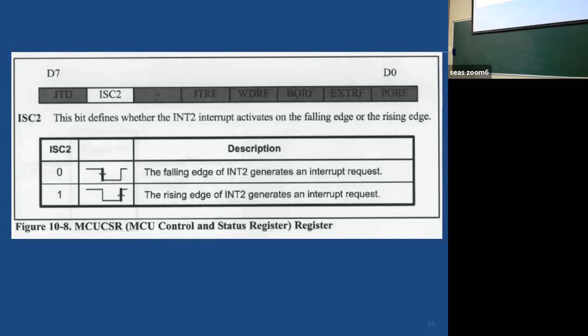So if you are dealing with interrupt 2, you use MCU control and status register, bit number 6, to define which way you want to activate the interrupt. Clear?